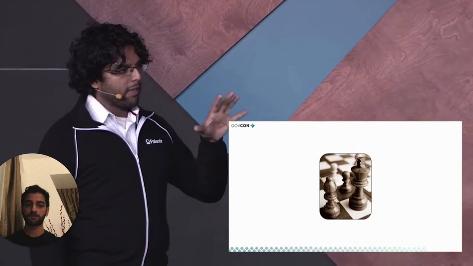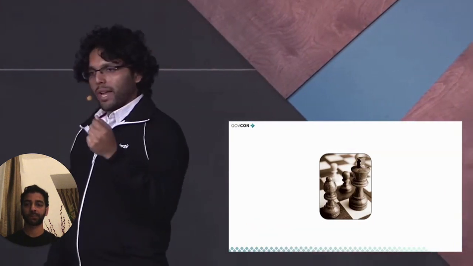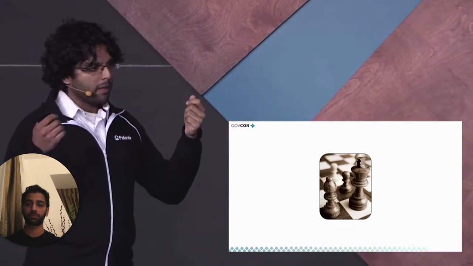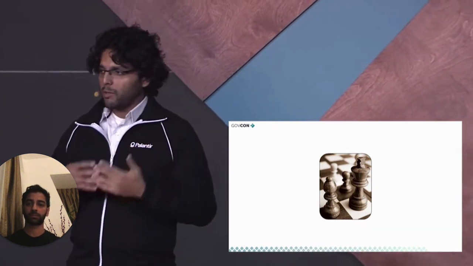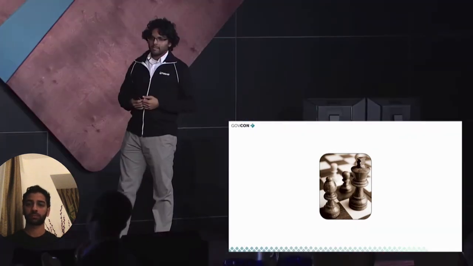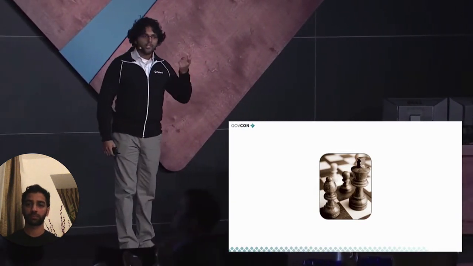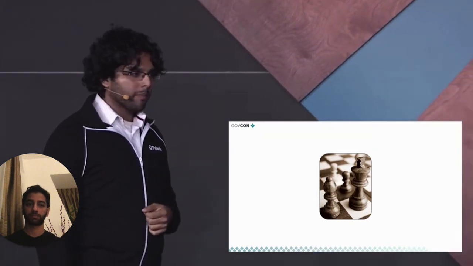Well, it turned out there's sort of a hidden factor here, something we didn't consider, which is not just the individual strength of the machine, and not just the individual strength of the human, but the interface, the quality of the interface between the two. How easy is it for the human player to ask the questions that he needs to ask? Is it possible for him to focus on the things that he's really good at, the strategic oversight, the guidance, and to rely on the computer for those tactical components?